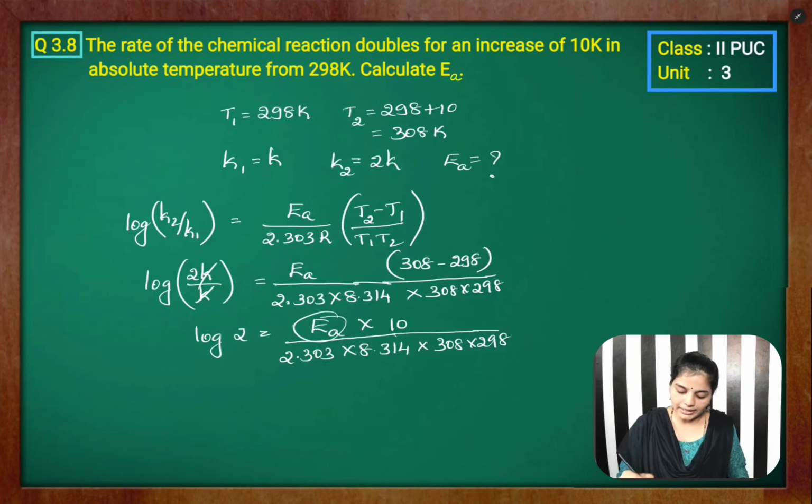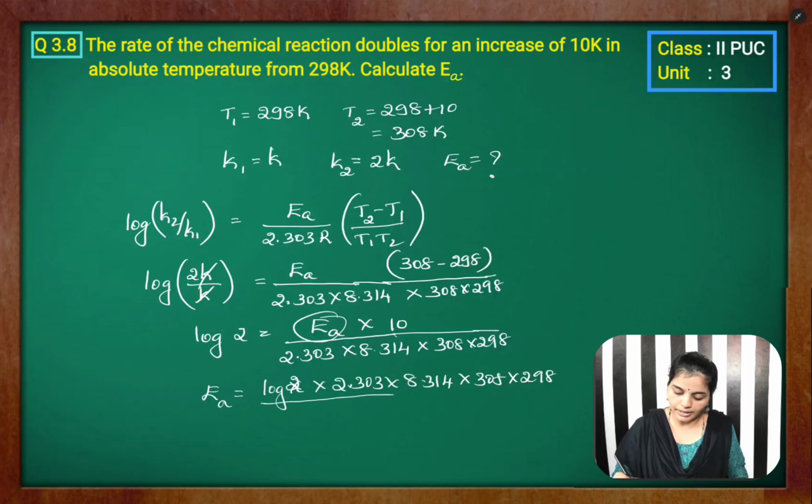So we need to determine EA. Let me rearrange this expression. EA is equal to log 2 into 2.303 into 8.314 into 308 into 298 divided by 10. We know log 2 is 0.3010. Now let's multiply every term in the numerator and divide it by 10. So we have 0.3010 into 2.303 into 8.314 into 308 into 298 divided by 10, which is equal to